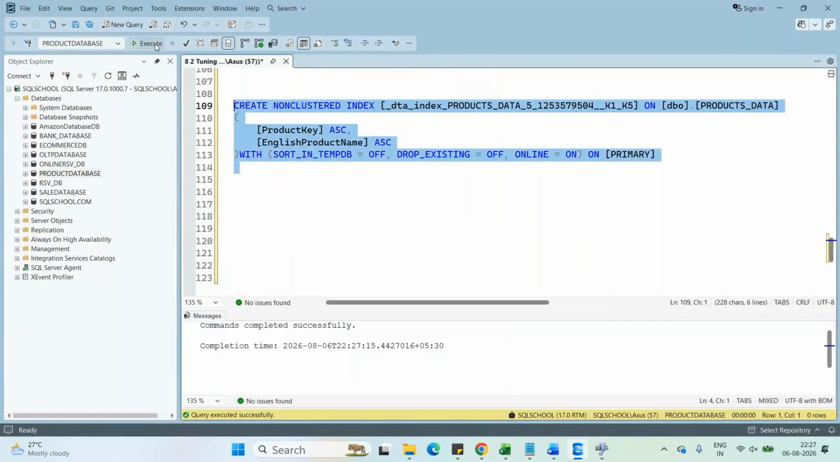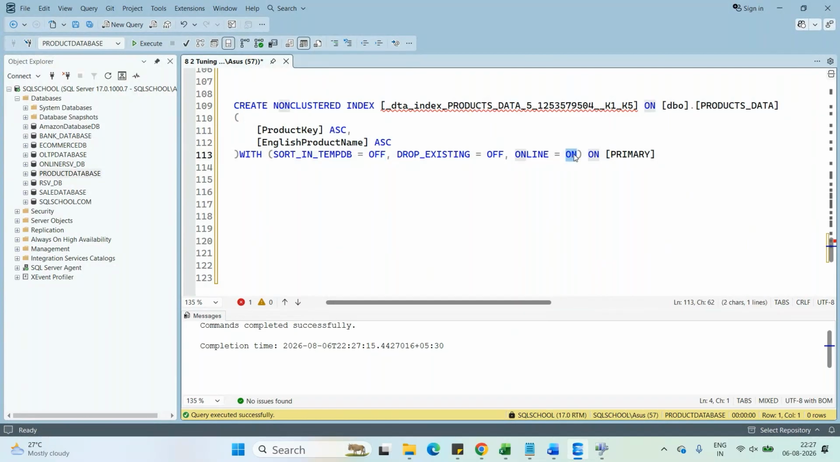From the indexes chapter we learnt sort in TempDB on or off, and online equal to on or off. We learnt it earlier. Now our next step. Let's see. Observe carefully. Drop underscore existing equal to on means if an index already exists with the same name,